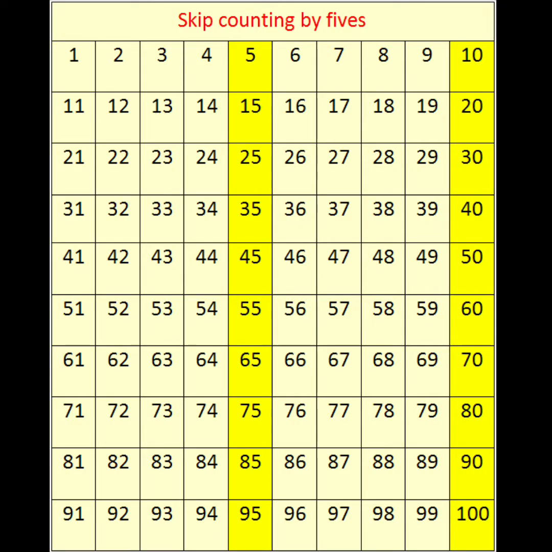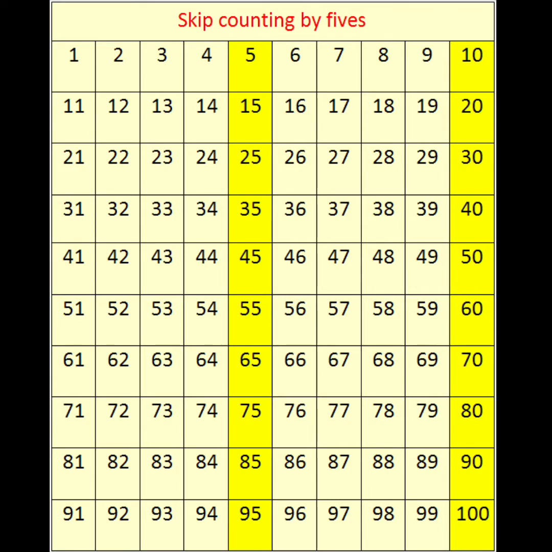Okay, here we have again our hundreds chart, but this time we'll be skip counting by 5s. So you can see that we have our 5s and 10s numbers highlighted in bright yellow. We'll be kind of zigzagging back and forth on the hundreds chart. Try and follow with me if you can. Here we go. 5, 10, 15, 20, 25, 30, 35, 40, 45, 50, 55, 60, 65, 70, 75, 80, 85,